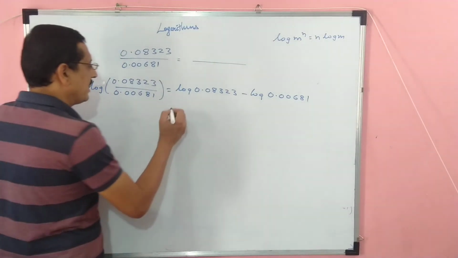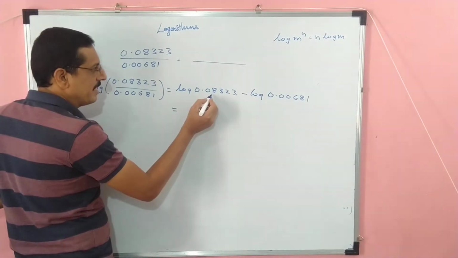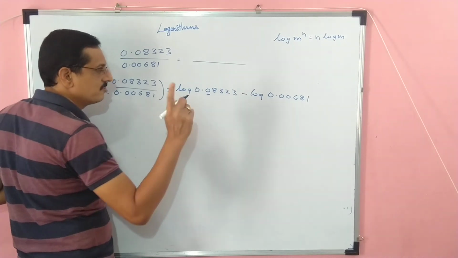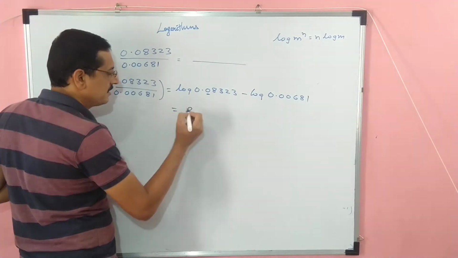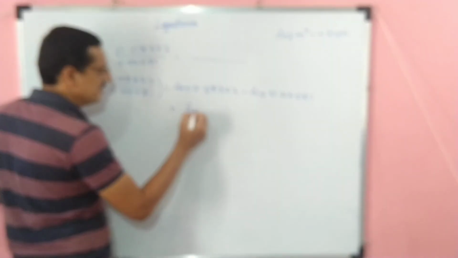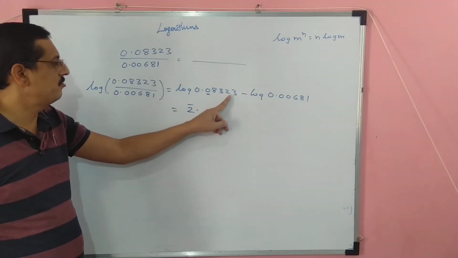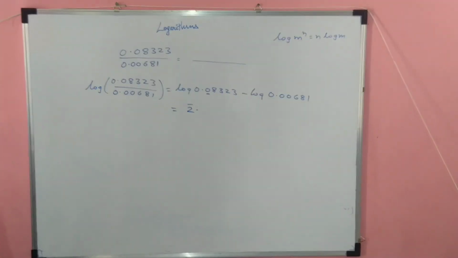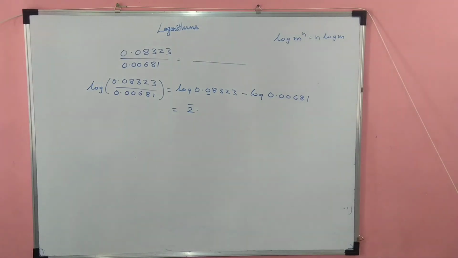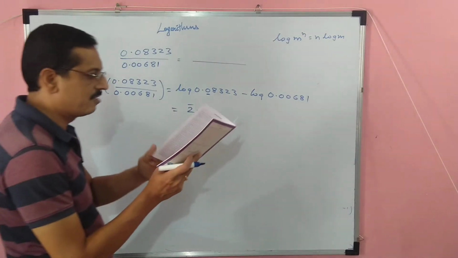So now once again I have to check the value is less than 1. How many zeros? 1 zero is there. Characteristic is 1 more than that, and it is bar 2. Now I have to check 83, and the difference is 3. So I'll check in the logarithm page. So ये बहुत carefully करना है.